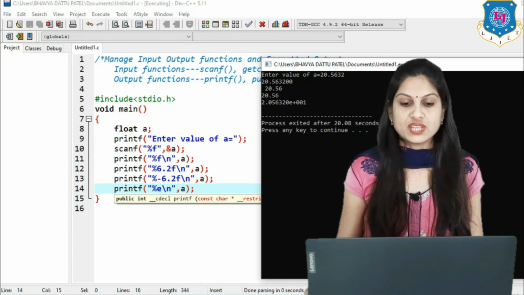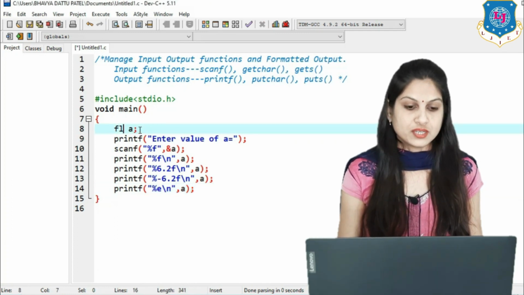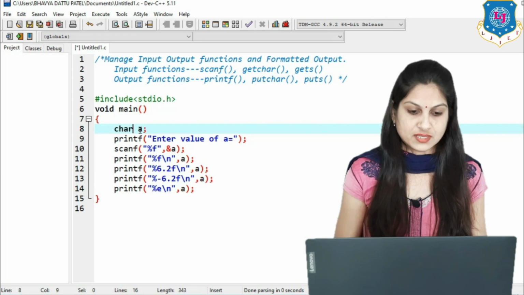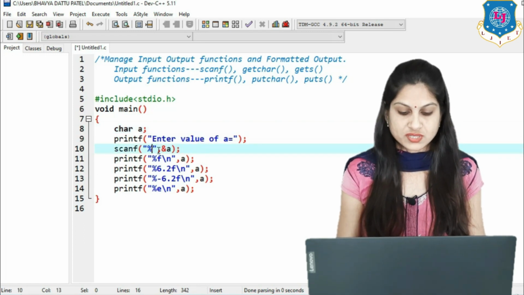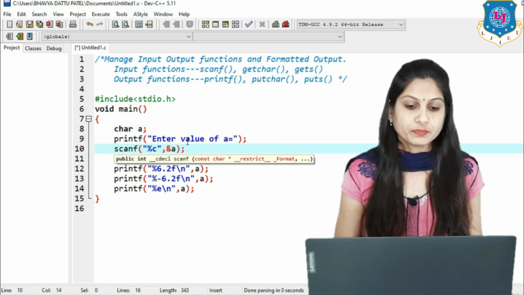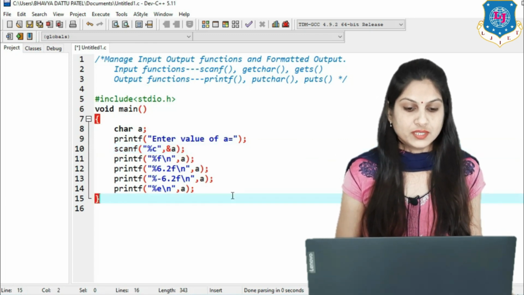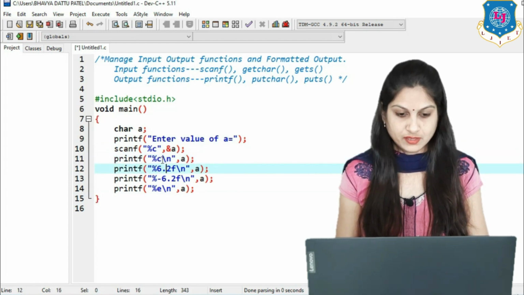Clear? Now check for another data type, character. Instead of float, we now put character. Enter the value of a, and the control string for a character is %c. Now instead of f, we put just c everywhere.